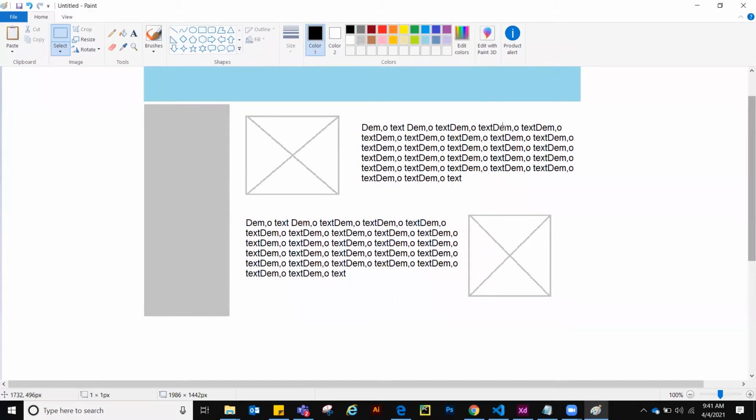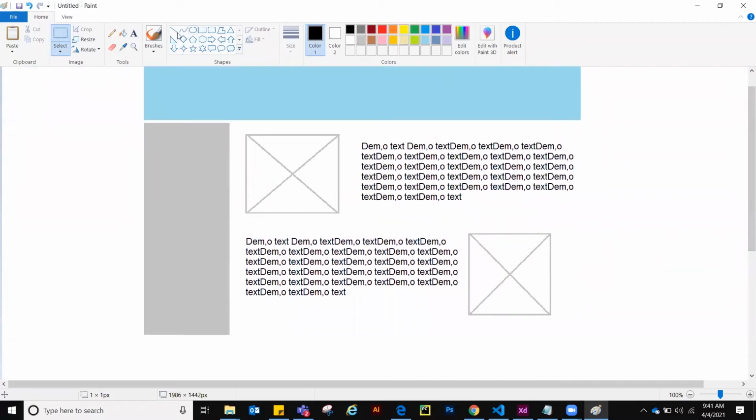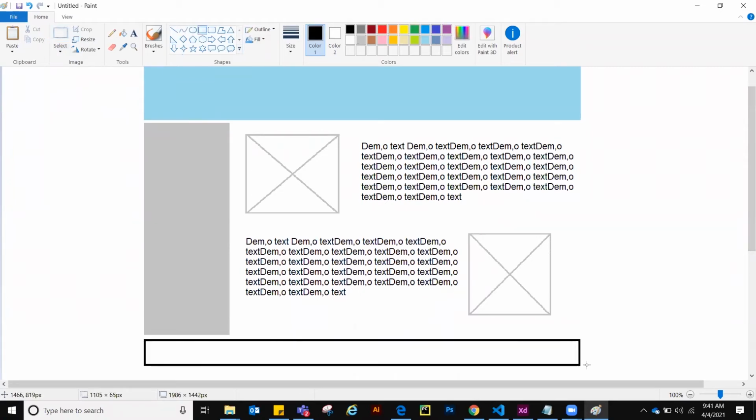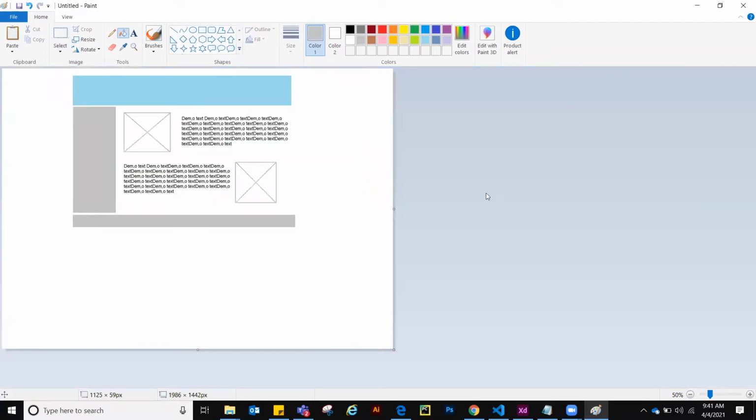Okay. So it's simple. I will also give you this design. You need not create this design by yourself. Right, and a footer. See, simple. How simple? It will take maximum 15 to 20 minutes. Okay, so see, I have created a page. You know, right? Most of the pages look like this.